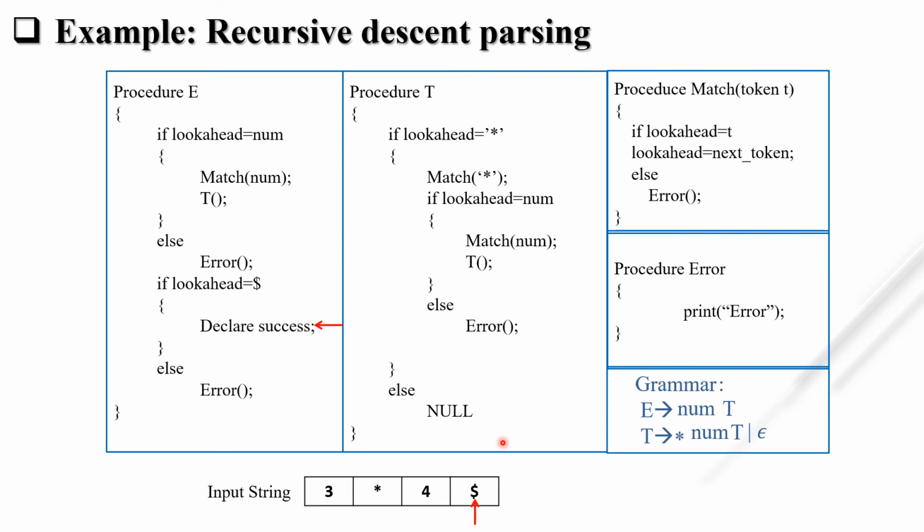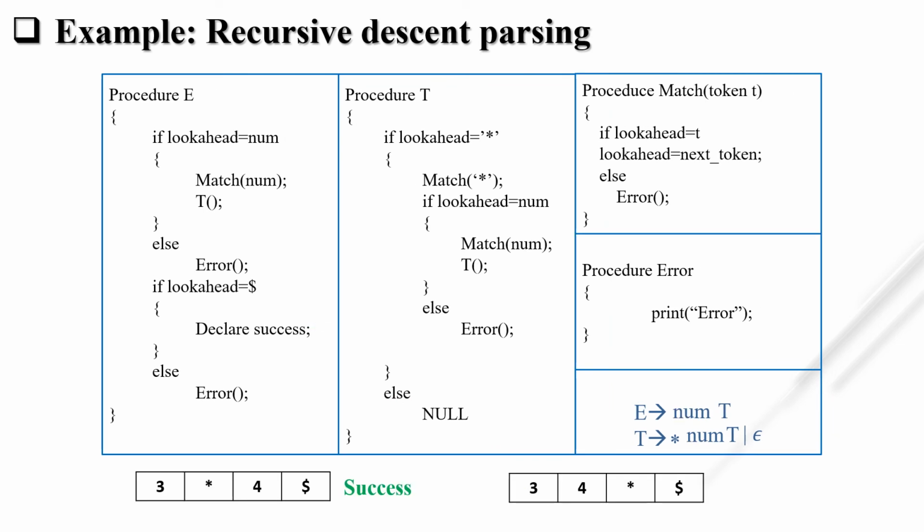Okay, let's take another example where we get the error message. Let's take one input string which is not error free. It contains an error. How does it contain an error? This 3 4 is separated. This is 3 and 4, it is not 34. 3 4 then star. For example, 3 is stored in variable A, 4 is stored in variable B. So A B star does not have any meaning. If A star B were there, it would have some meaning. So it prints an error.